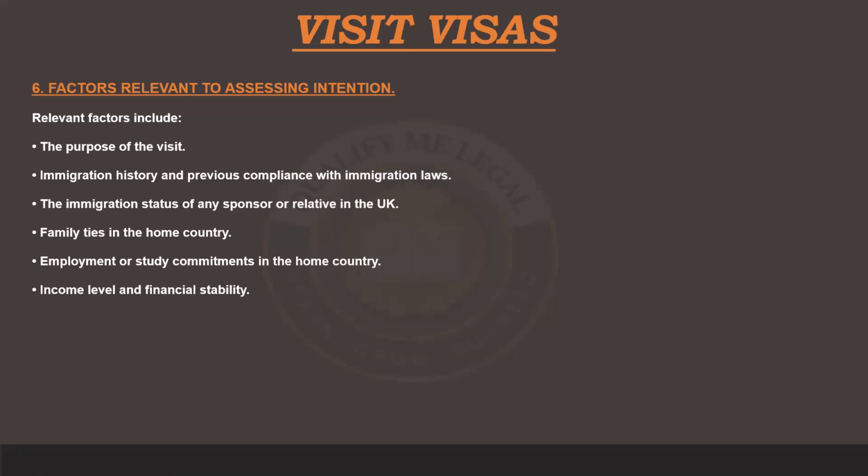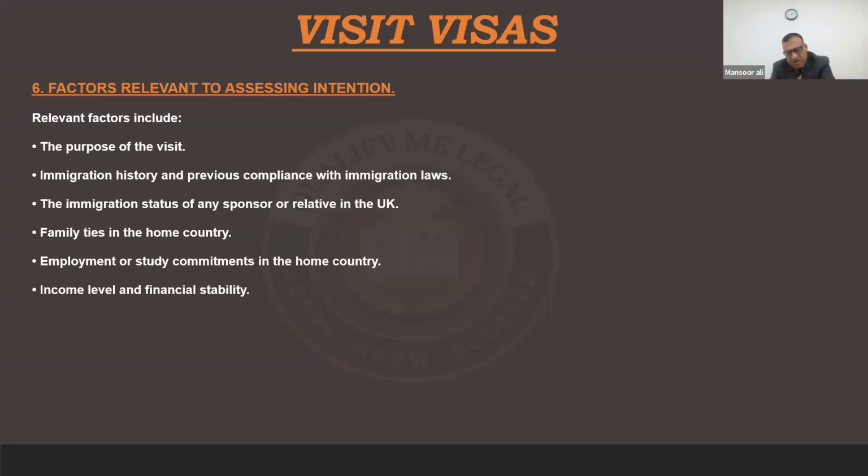So there are certain documents which we need to provide to the Home Office. As I told you, you need to satisfy the Home Office about your intention. You have sufficient funds. You can afford yourself. You'll not breach immigration law in the UK, and you have sufficient ties. Now I'll come to the documents which you need to provide to the Home Office. The most important thing is you need to complete your application.